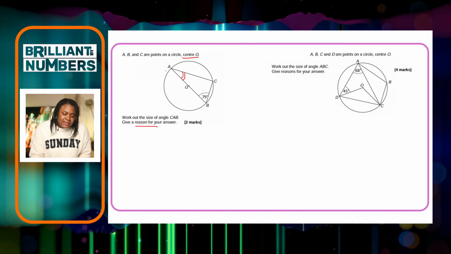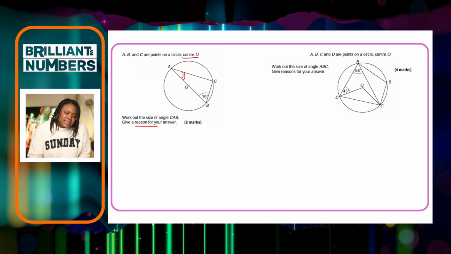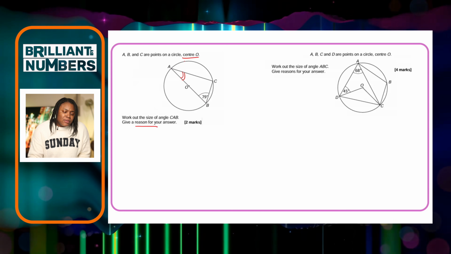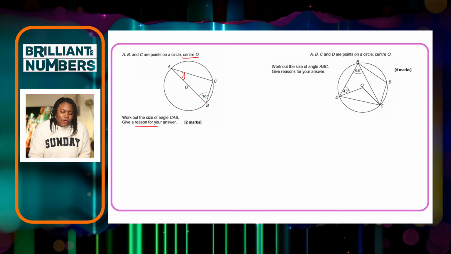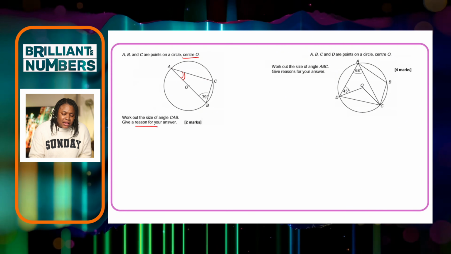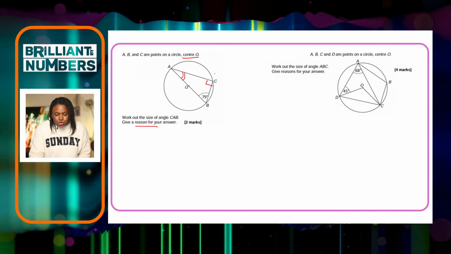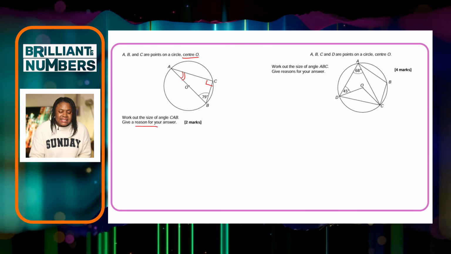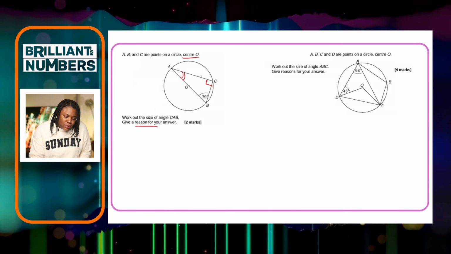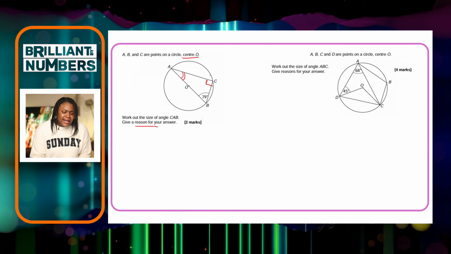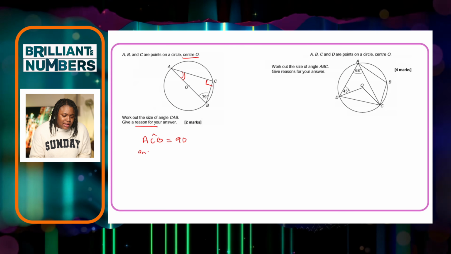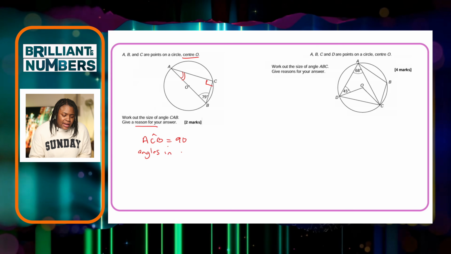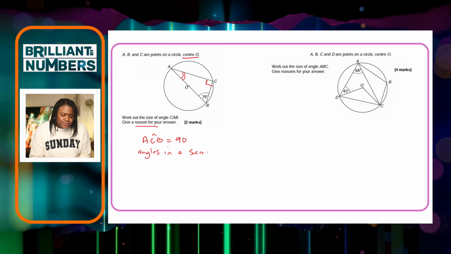says angles in a semicircle. So notice the diameter here forms a semicircle. So when the angles meet off the end of the diameter, they form 90 degrees. So this angle here is 90. You're going to put here that angle ACB is equal to 90. Angles in a semicircle